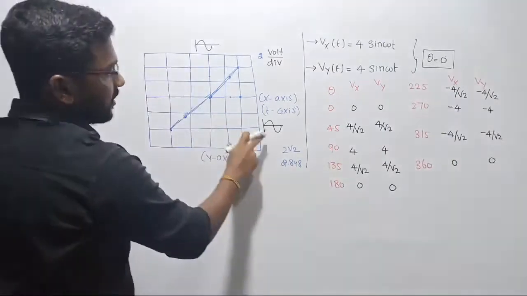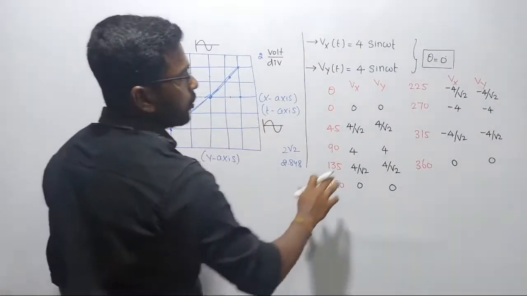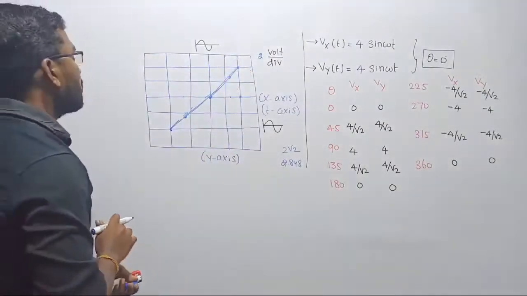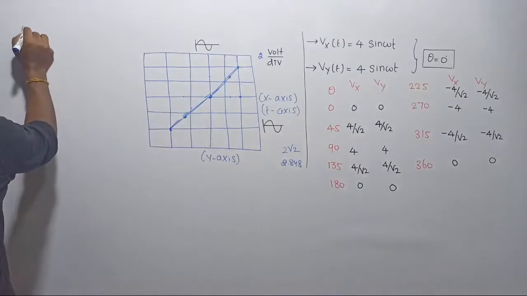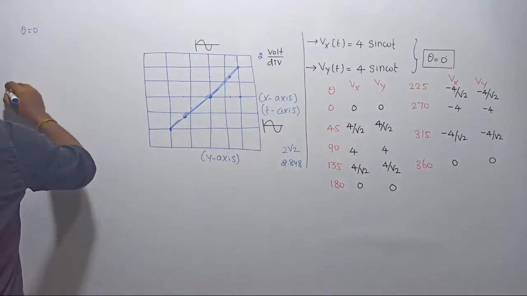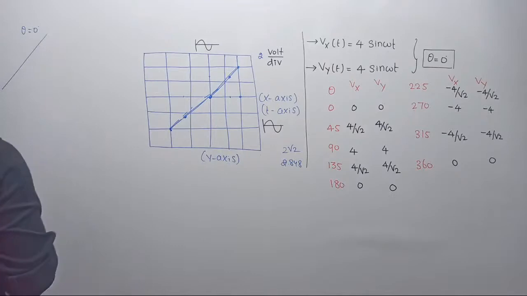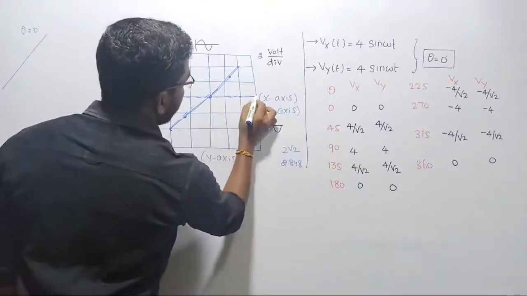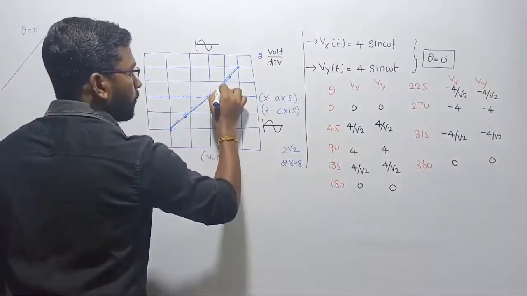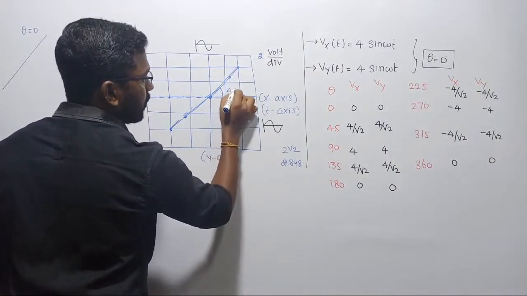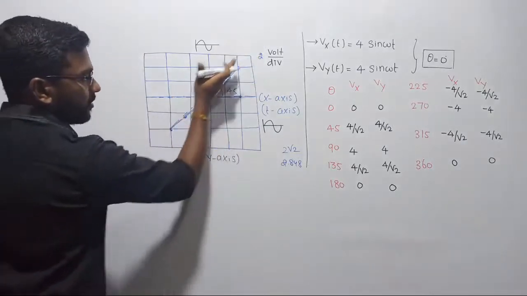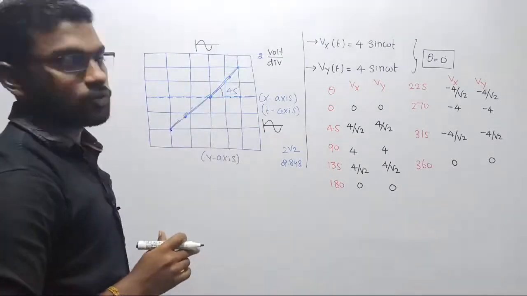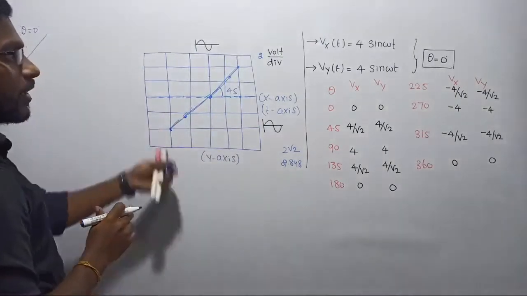When both axes are carrying a sinusoidal signal without any displacement, at theta equal to 0 degree, we are getting a straight line. At theta equal to 0 degree displacement, I got a straight line, that is our slope. One more thing: if you observe that slope with respect to the x-axis, it will be placed at an angle of 45 degree, because we are getting exactly a straight line. If you observe carefully, you will get this. That is the slope value, that is the slope angle.